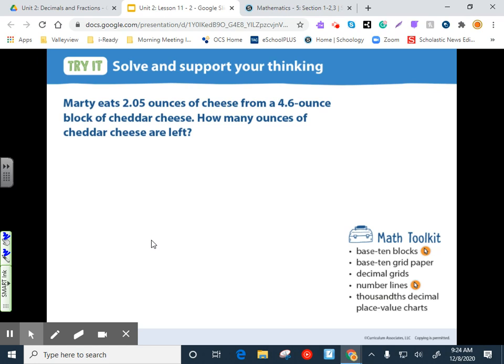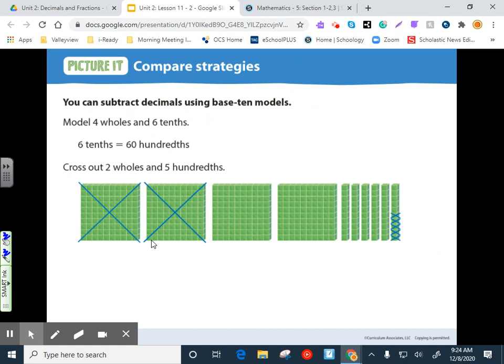Okay, up at the top there. All right, you can also subtract decimals using base 10 models. Again, if you were here in my classroom, I'd be handing these base 10 rods and flats and cubes out for you to use. But we have down here 4 wholes and 6/10,